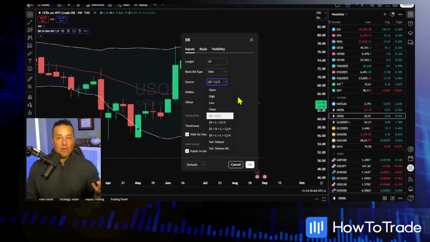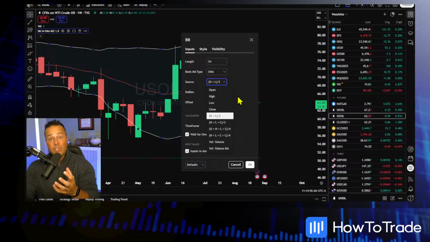I go with the high-low divided by 2, that median value. I want to know that middle value. Now, why is that? Well, I want my Bollinger Bands to be based on the middle of those price bars. I don't want to get caught up with the highs and the lows. I'm not interested in the extremes. I'm not interested where it opens. I'm not interested where it closes. I want to know the dead center of those price bars because that's going to give me my baseline value